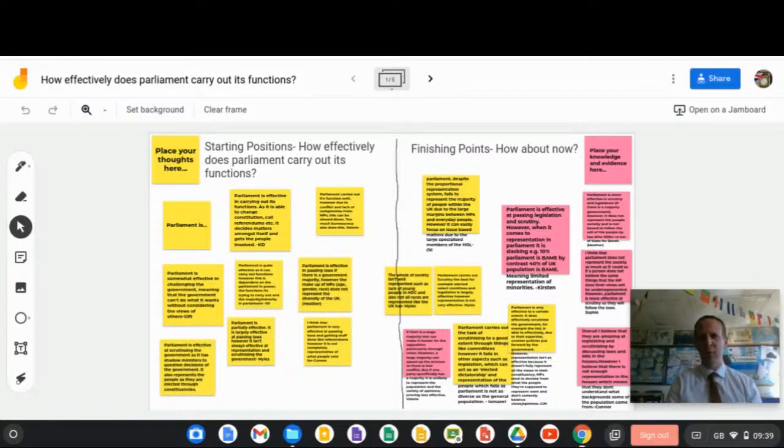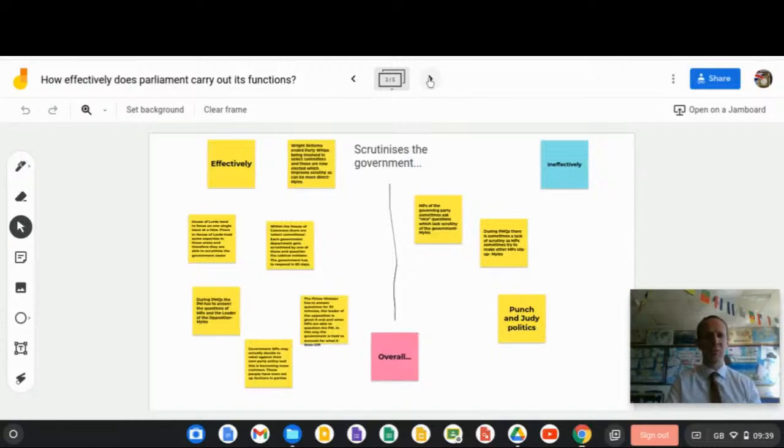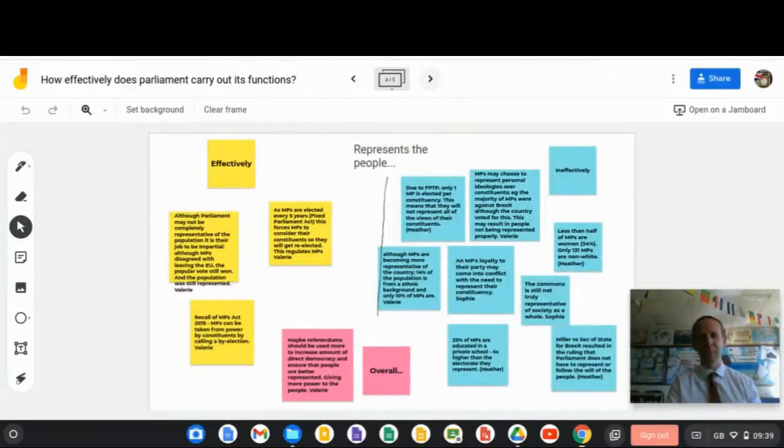It can also be used really well for the A-level classes I have. What we did here in particular was a start on the left and a finishing point on the right: what they already knew about the functions of Parliament, and at the end, anything new they'd learnt. Also, they can work in groups on these things. We looked at how effectively or ineffectively Parliament carries out each of its roles. So a few people were working on that, a few people working on scrutiny, and a few people working on representing the people. They made comments based on the textbook they were reading, the sheets they were reading at home or in a classroom, and they came up with